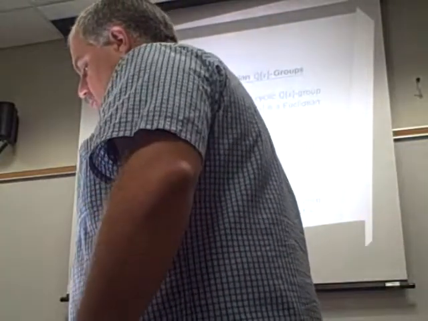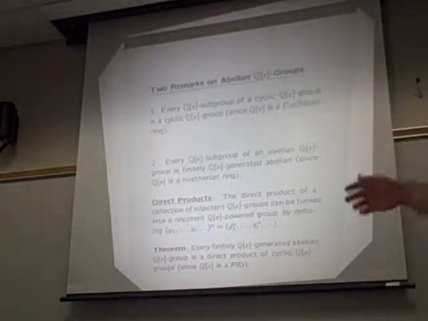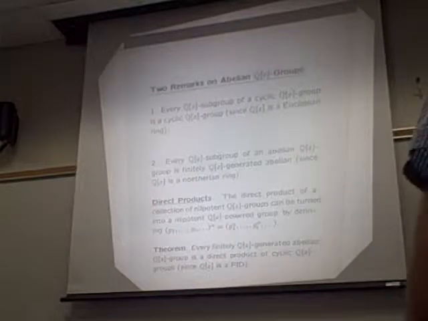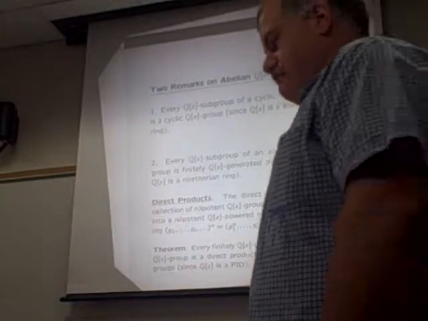Direct products of nilpotent QX-power groups work in the obvious way. Namely, if you give me a direct product, you can just define the action by doing it component-wise. Whether you're an unrestricted direct product or a restricted direct product, it's all good. And finally, well, not finally, but the last thing on this page states that if you take a finitely QX-generated abelian QX group, then it decomposes into a direct product of cyclic ones. Again, this is something that holds in module theory, once you have that your ring is a PID. This is the usual decomposition theorem over PIDs.